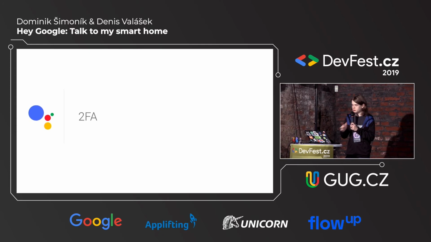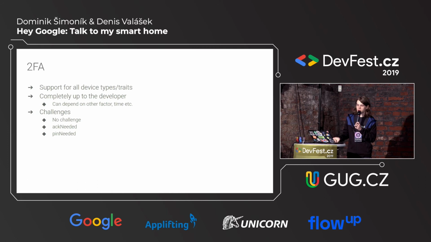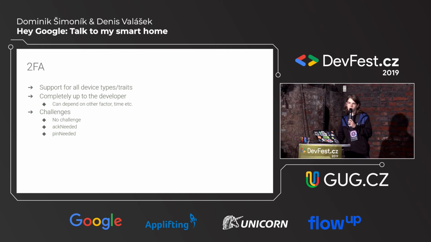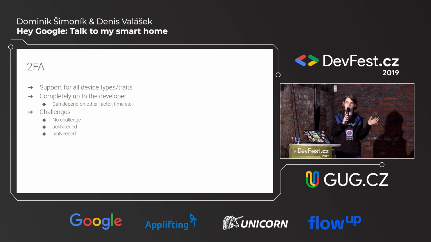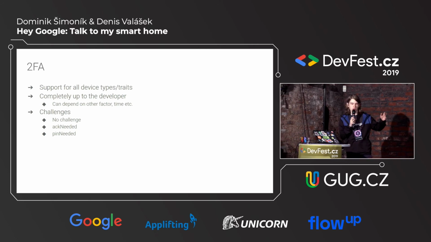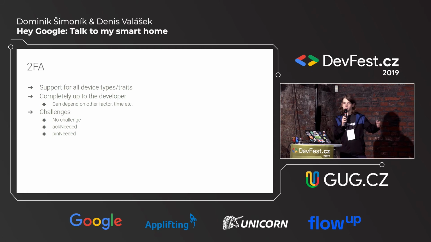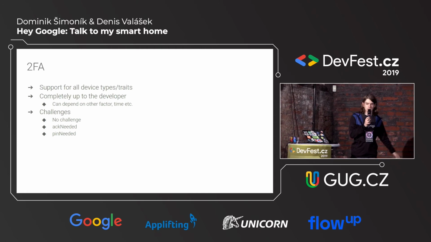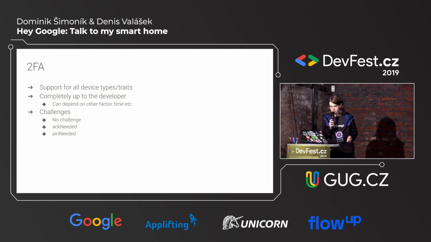It will require you to have some kind of second factor. This could be that you click on a notification on your phone, or you can just request a simple password. So, "Hey Google, unlock the door." "Okay, but do you have the authentication code?" "Sure, 1, 2, 3, 4," and it's unlocked. This will probably work in real life too.